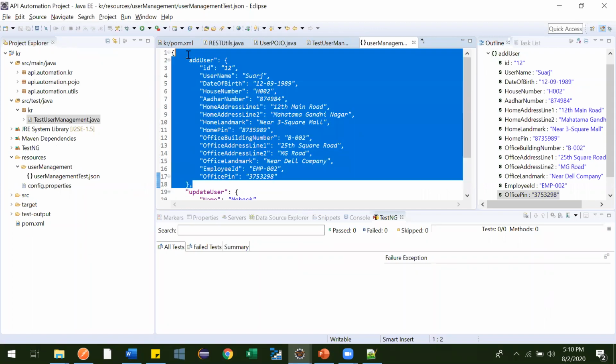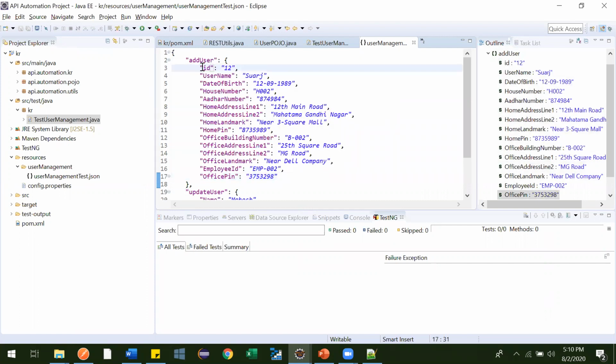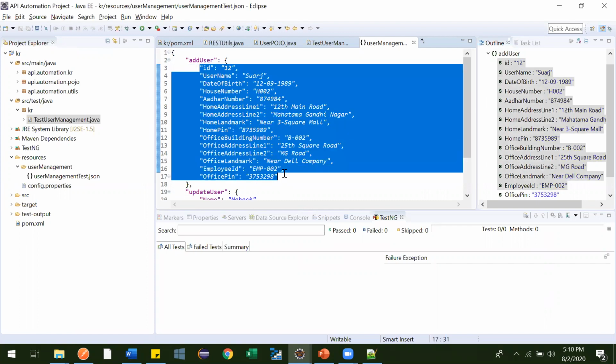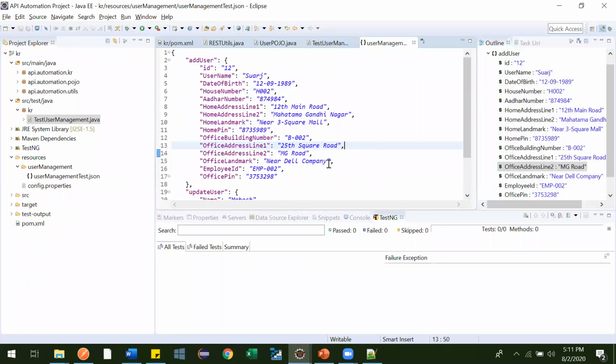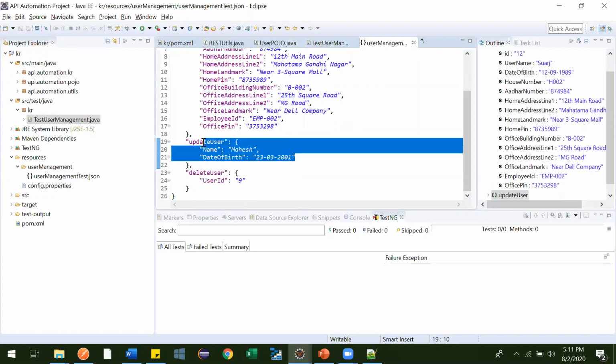In that method we will be reading these data in the form of key value pairs. We'll store them in some variable, and using that variable we will use it while creating user, or if update user is required, then we will use these data.